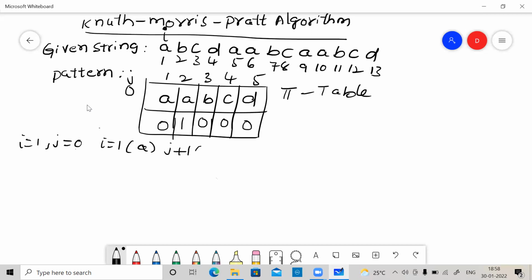So 0 plus 1 is 1. At index i equal to 1, we have A, and at j plus 1 we have A. Both are the same. If both are the same, what do you have to do? Increment